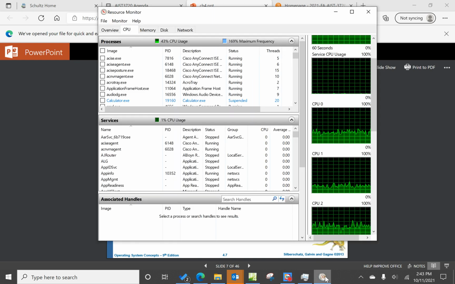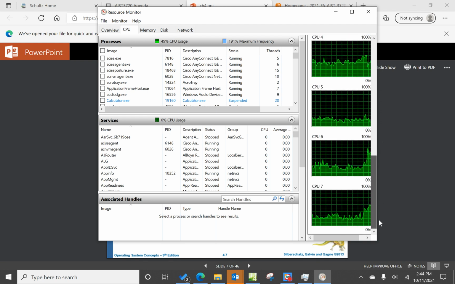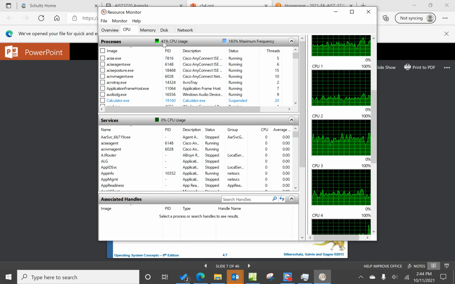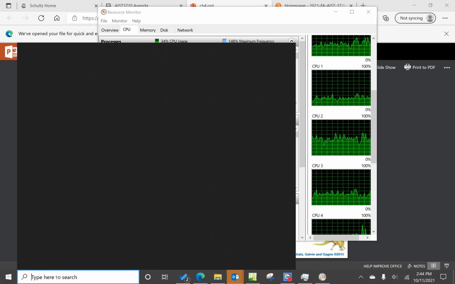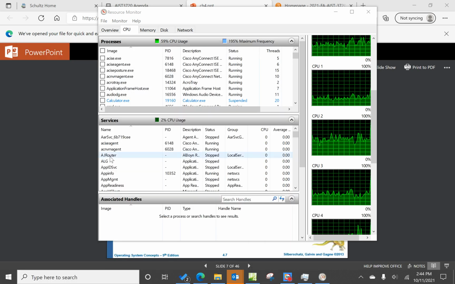I'm going to bring up this and look at these multi-cores. It seems to be dividing the work pretty well. What work there is, well, about 48% CPU usage. And maybe it's this recorder and everything. It's coming down now, so that's busier than I thought it would be. I'm going to crank up a VM and